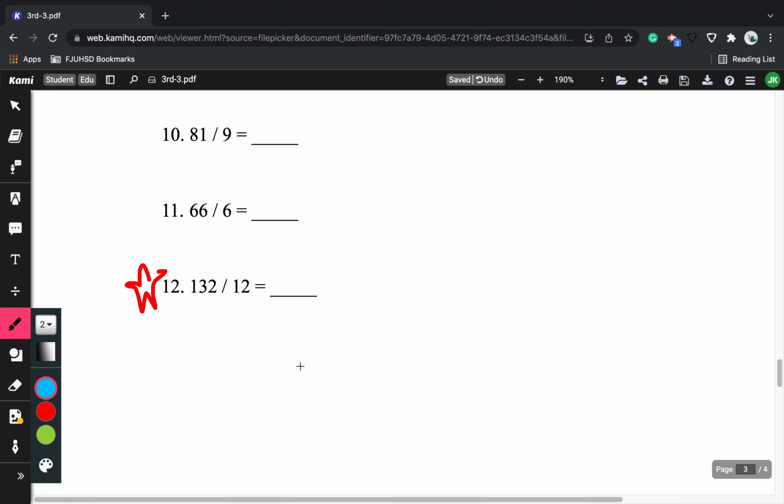Division. So for this one, order does matter. Inside of the divisor, 132 always has to be there. I mean, the first number always has to be in there. The second number is outside. Since this has 2 place values, we're going to start here. Actually, you could technically start here, but that's kind of